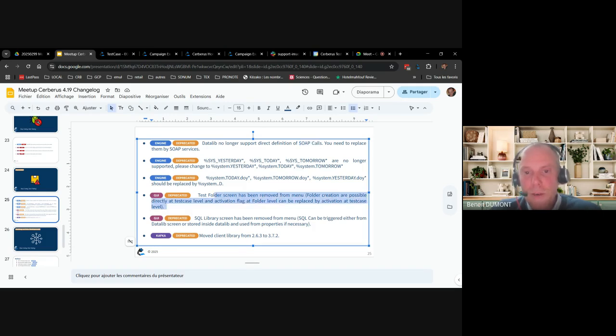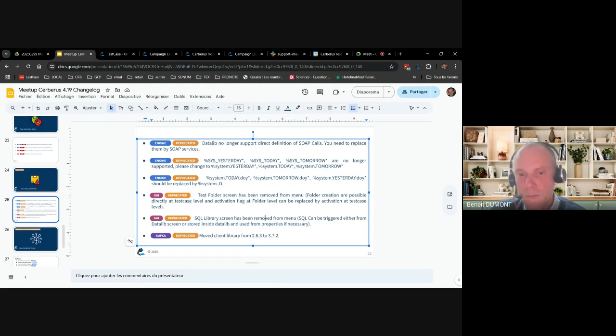We have hidden the test folder screen just to save a bit of space inside the menu. So we're not sure that we'll keep on hiding that. We'll share with those of you if it's a constraint. It's not necessary anymore because basically the folder is created automatically when you define it. So there's no point for folder creation, but it could still be used when you want to delete a folder. So we'll see how we solve that. Please note that the screen is still available. It's just that it's no longer available from the menu.